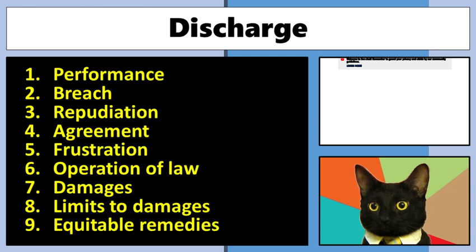All right, we're going to look at, we use the term discharge to just describe the ending of obligations, so discharging an obligation. And again, that can come about through a variety of ways. There's first 6 examples there are examples of discharging obligations under a contract. Through performance, doing what you said you're going to do.